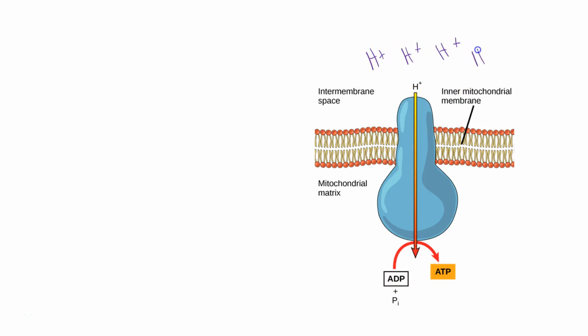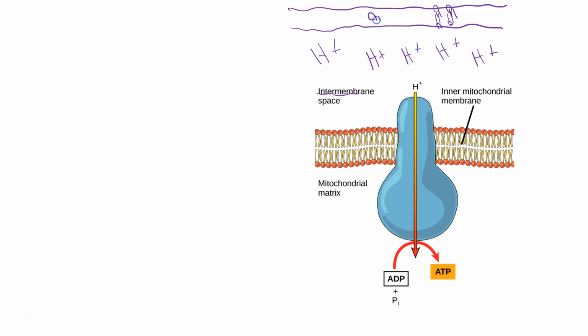So these little things are protons, and this is in the intermembrane space. This would be the outside membrane of the mitochondria, the phospholipid bilayer of the outer layer of the mitochondria. In between the outer layer and the inner layer there's an accumulation of protons, a proton gradient, meaning there's a high concentration of protons, and in the matrix of the mitochondria